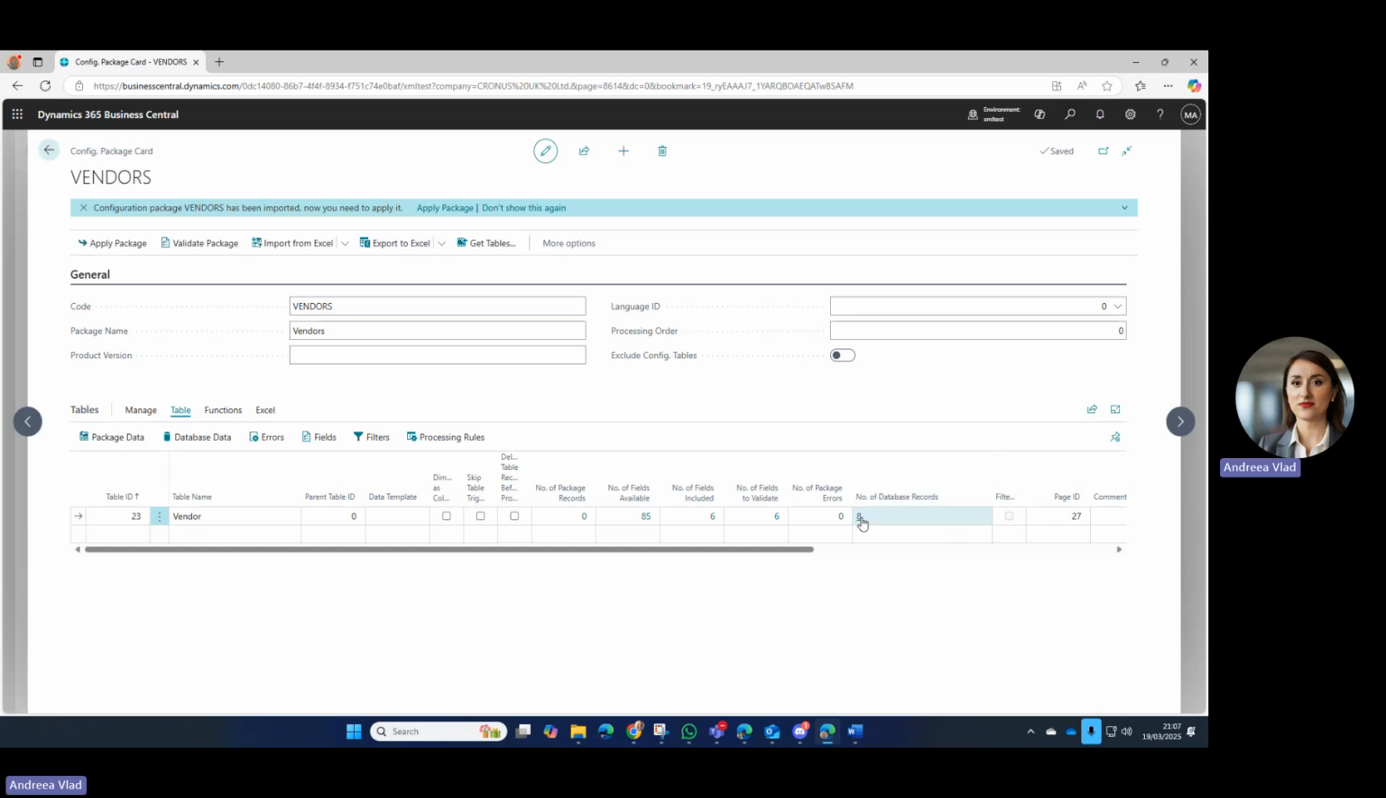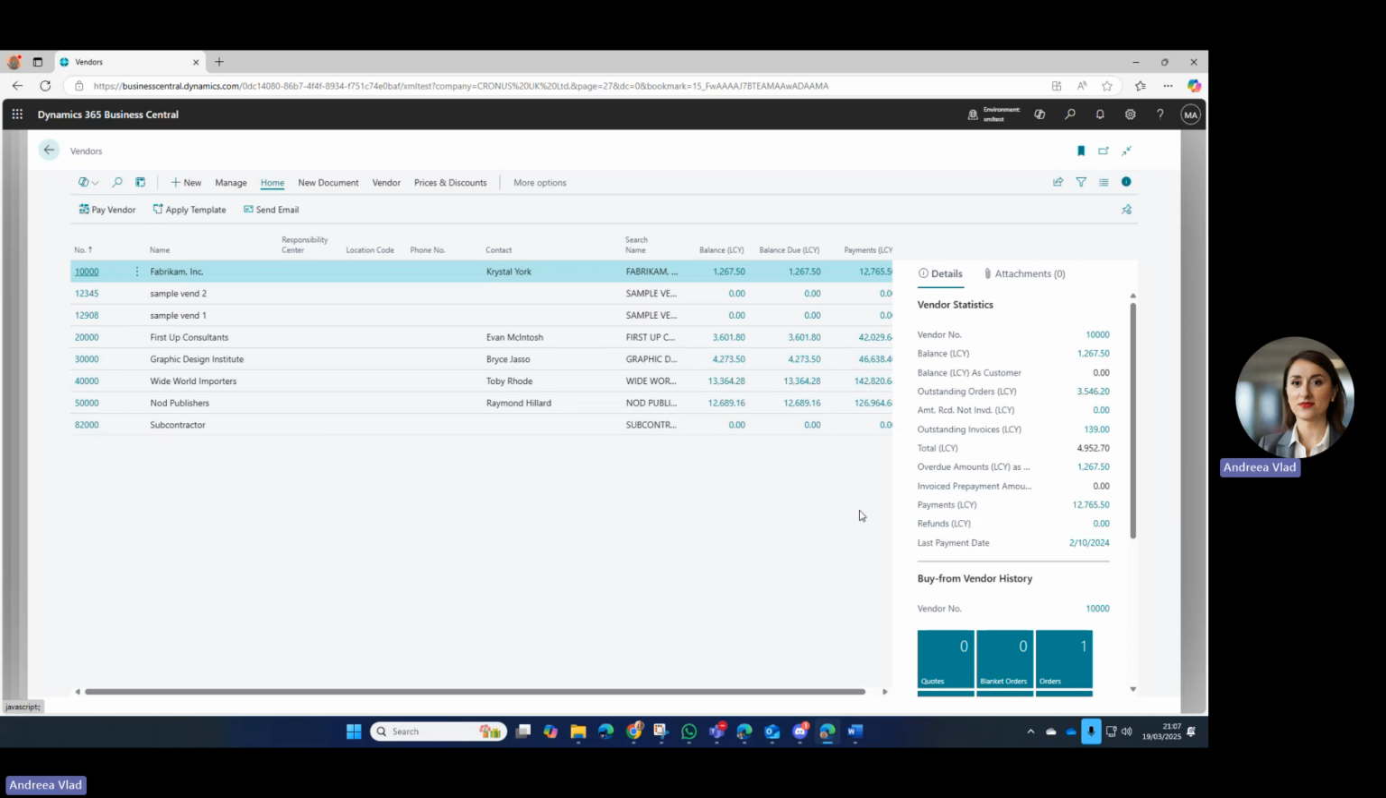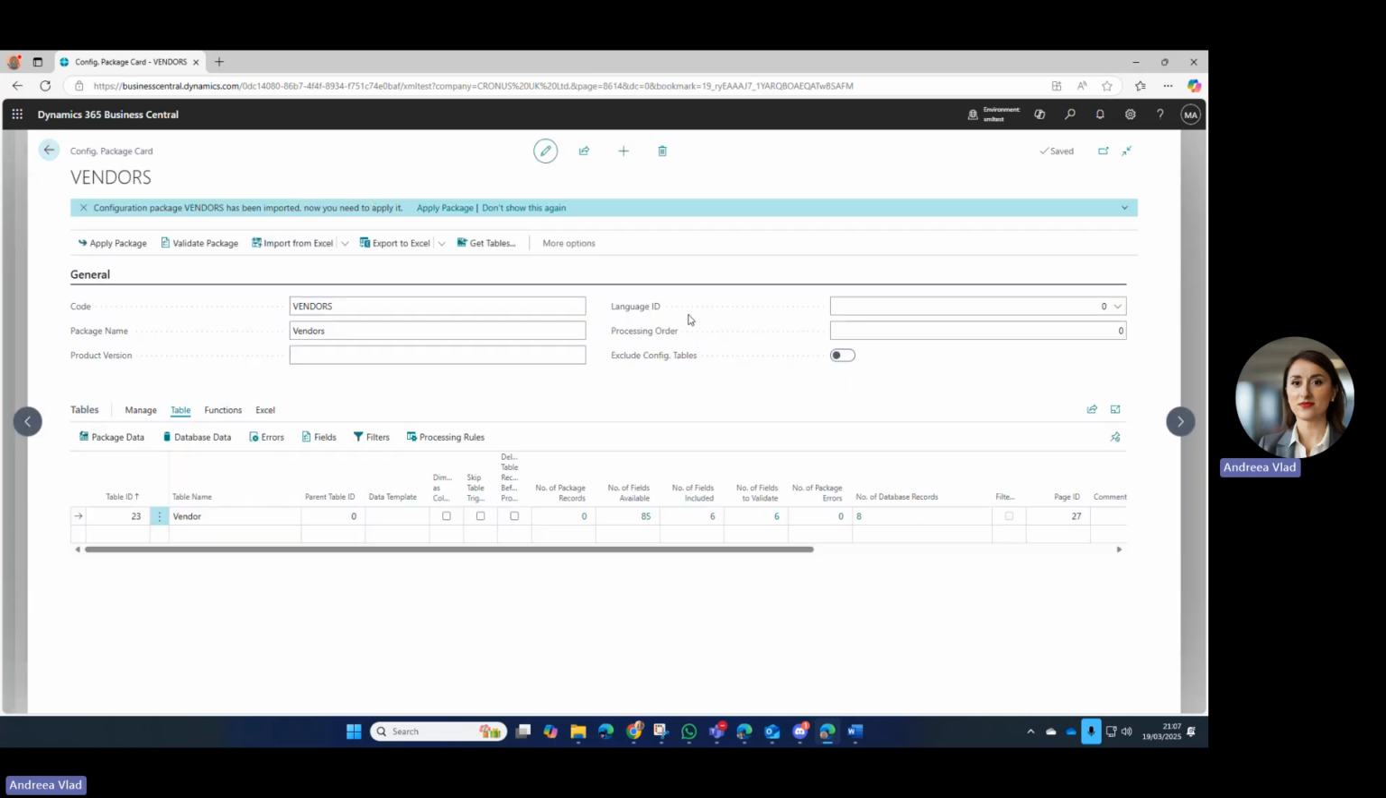If I go to vendors, or if I simply click on number 8, but clicking on the number of database records is not always going to take you to the relevant page, just to let you know. It is at this time. So I've got now my vendor list, in which, as you can see, I also have the 2 newly added vendors here. The other thing that I wanted to show you on your config package here, let's say that you